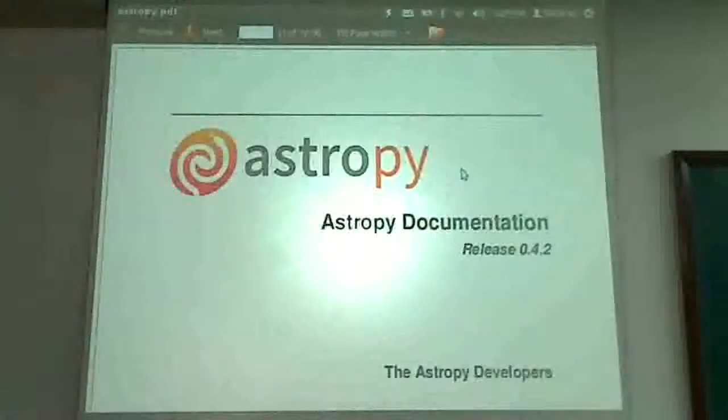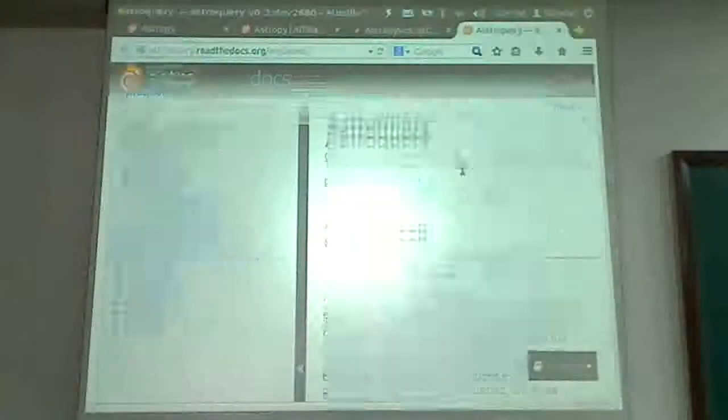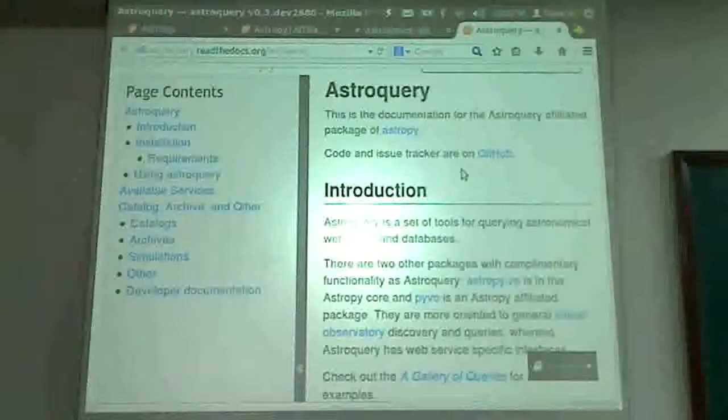Okay. The last part I'll briefly cover is a very useful module called AstroQuery. You all would have heard of services like IPAC, NED, SIMBAD, and so on. What AstroQuery allows you to do is use a Python program to directly query these databases. You don't need to start a browser and manually enter information. If you have a list of objects you want to run a query on, this allows you to do that using a simple Python program.